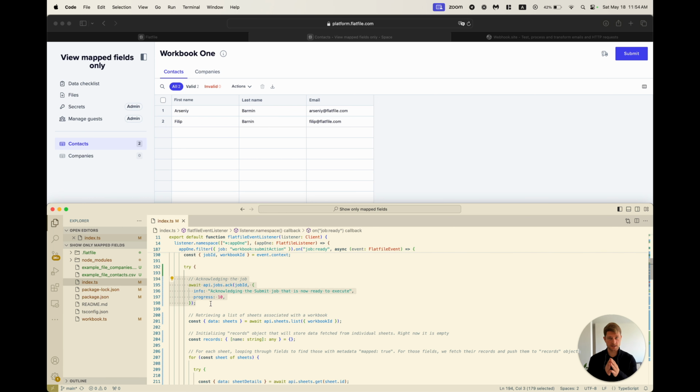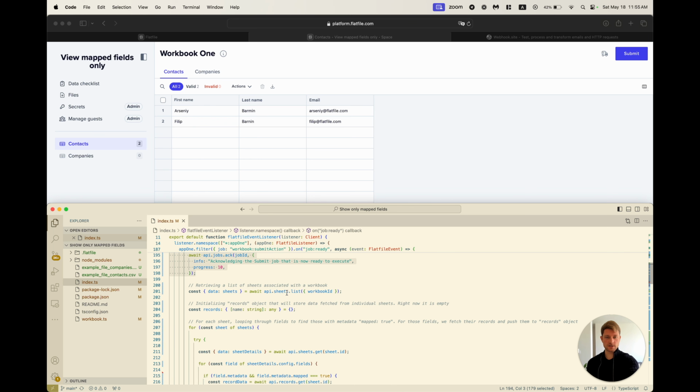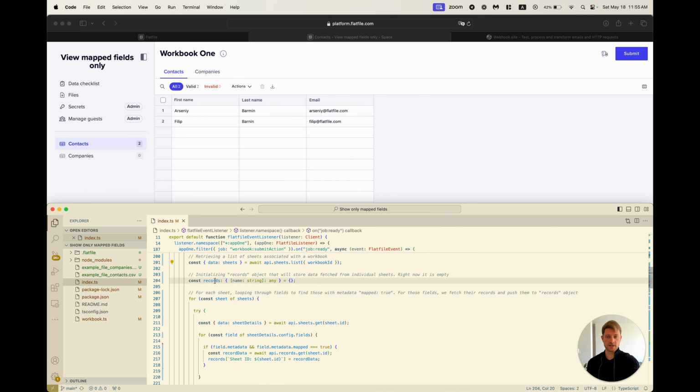Again, the submit action is a custom action, a custom job that we created. It is not a Flatfile native job. Therefore, before we do anything, we want to acknowledge that job first. Once it is acknowledged, we first fetch all the sheets out of our workbook, and then we declare an empty records object. That object will store the records that are a part of the mapped fields that a user is